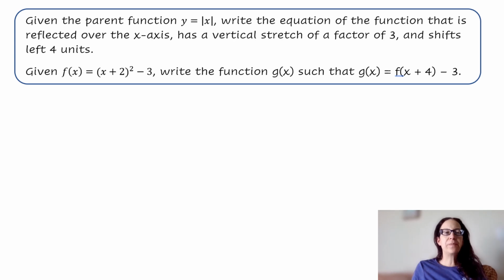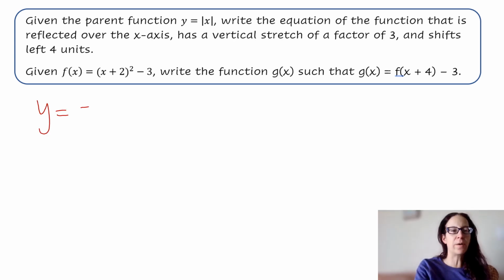All right, given the parent function, y equals the absolute value of x, write the equation of the function that is reflected over the x-axis, has a vertical stretch of a factor of 3, and shifts left 4 units. There is no work for you to show for this. I will put up kind of our